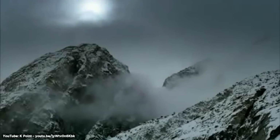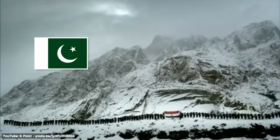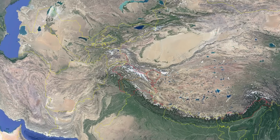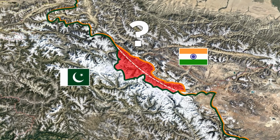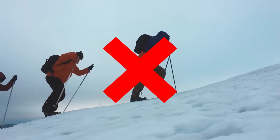It's a little more complicated than that though, because the Siachen Glacier, which separates Pakistan and India, has been the source of a decades-long competitive dispute. You see, when these two nations were outlining their borders many moons ago, they both agreed that the official line would probably lie somewhere on the Siachen Glacier. But of course, neither country was too keen to physically mark it up there themselves, so it was kinda left